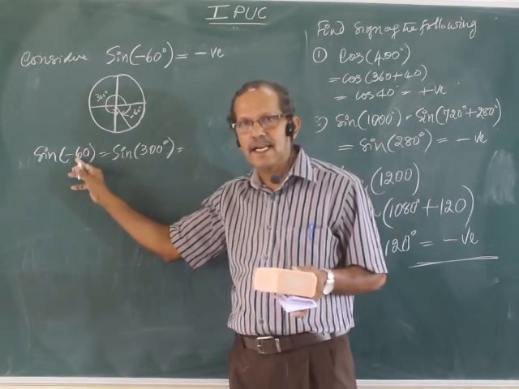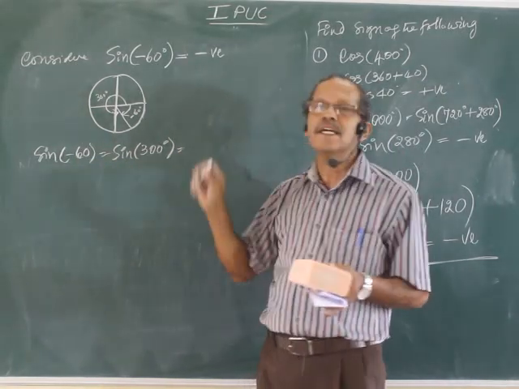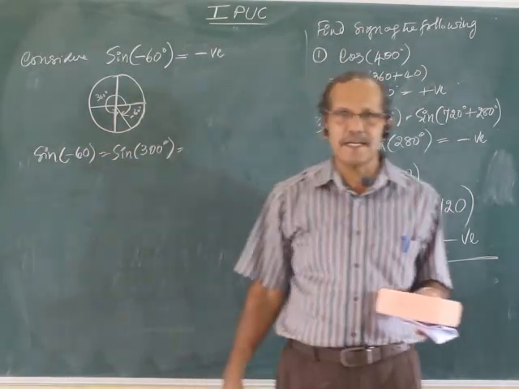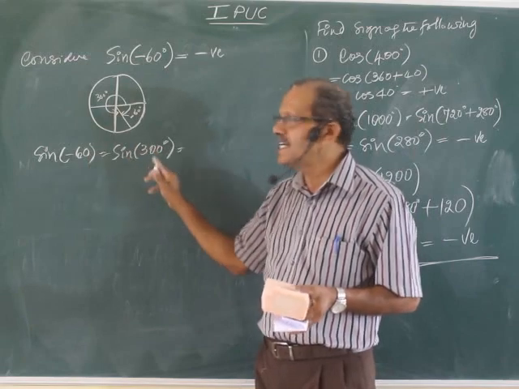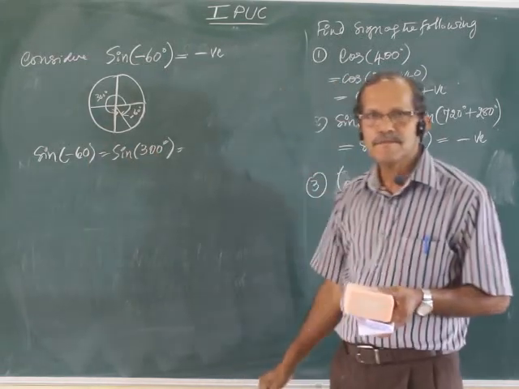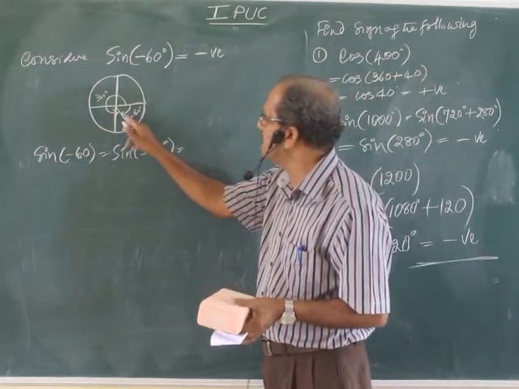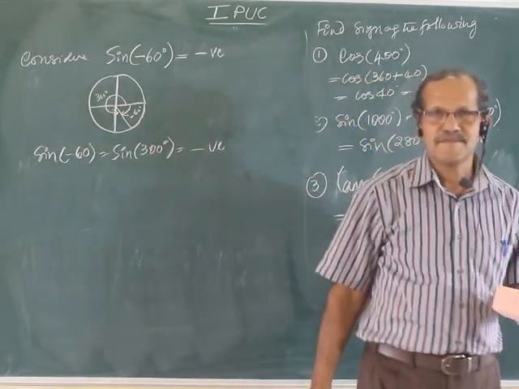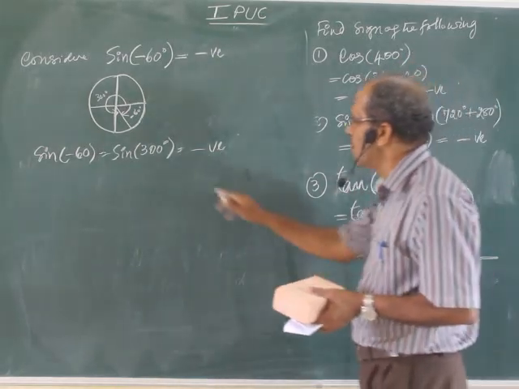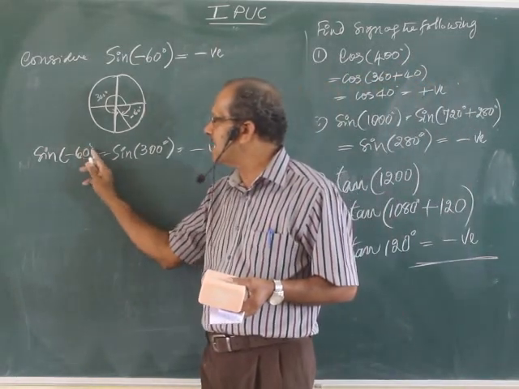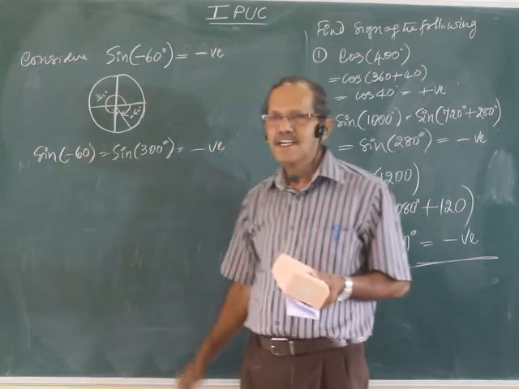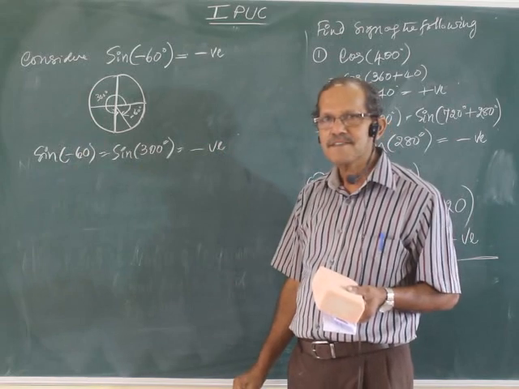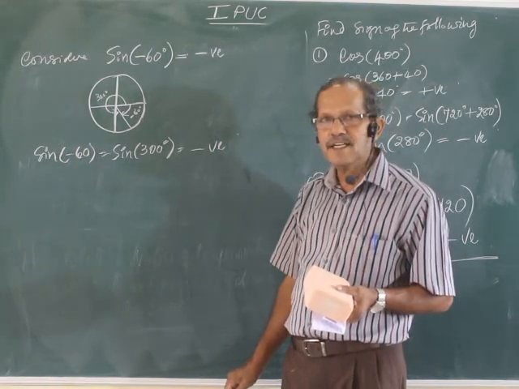Minus 60 is the angle exactly equal to 300 degree. If you see the same angle from the positive side, it is nothing but 300 degree. So, minus 60 and 300 are one and the same. Therefore, 300 is in the fourth quadrant, you know the sign. You can do it like this also. But remember how you got this 300? Just subtract 60 from 360, that's all. 360 minus 60 equal to 300. Shall I write one more note then?